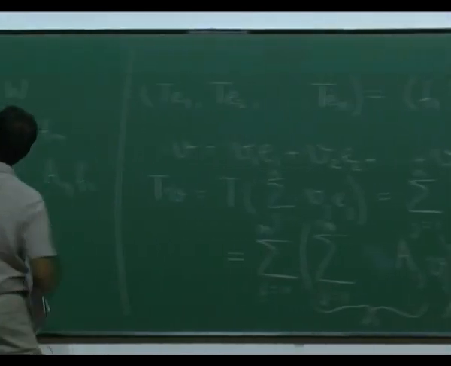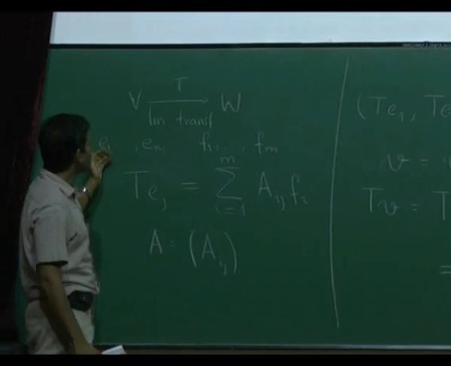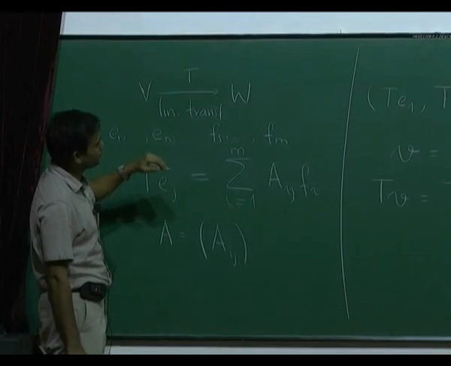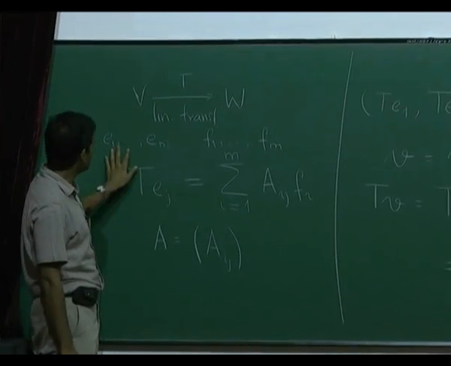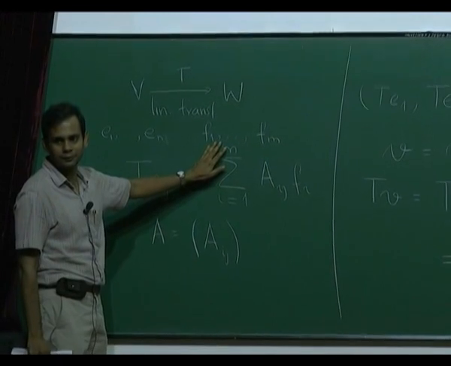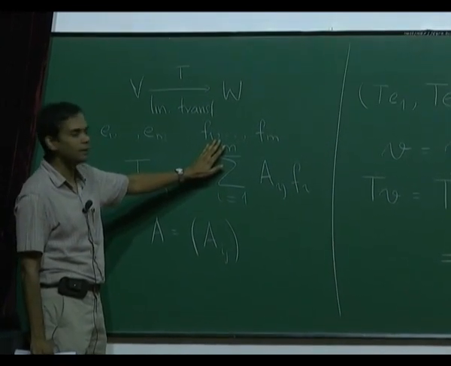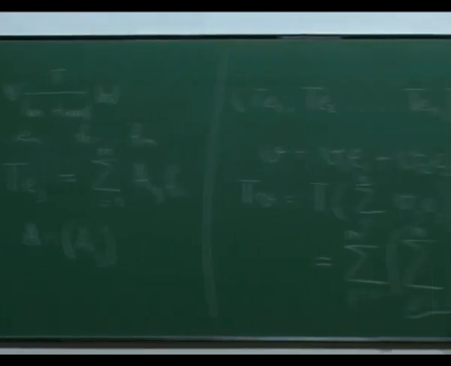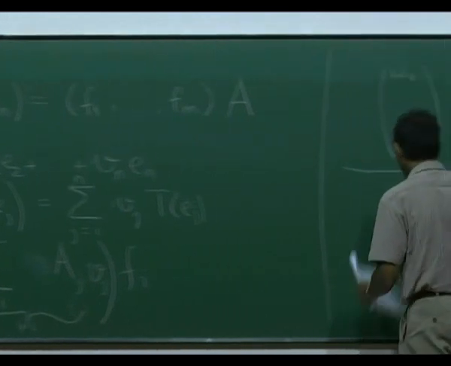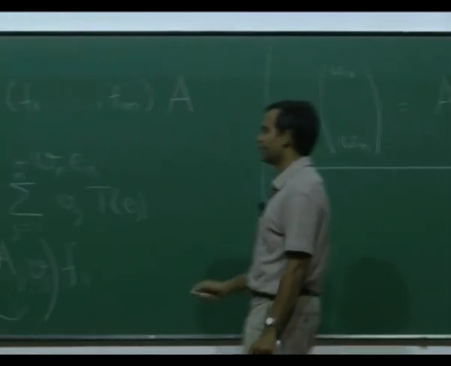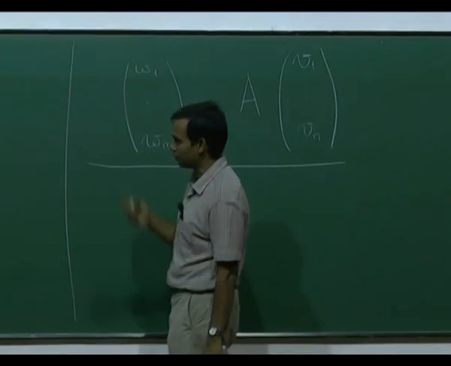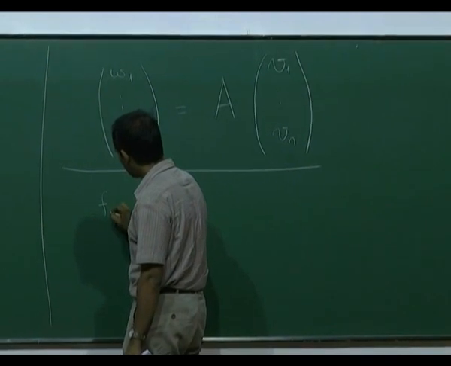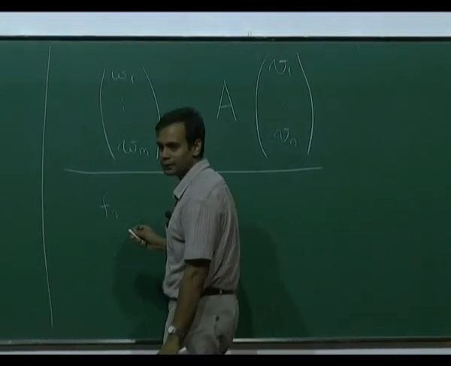So if you have a vector space, there are many different choices for bases, right? And what happens to the matrix if you change this basis or if you change this basis? What will happen to the matrix A? That will also change. How will it change? So, for example, suppose we have a new basis F1 prime, F2 prime, up to Fm prime of W, then each Fi can be expanded in terms of the new basis.